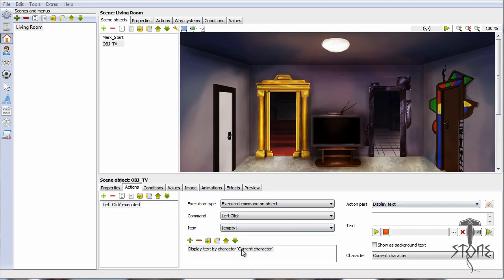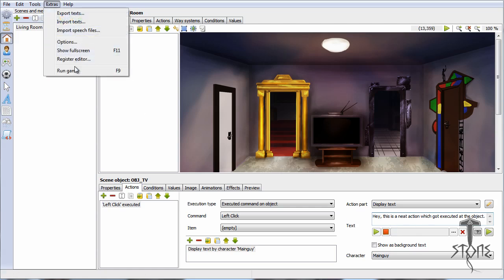So the only thing we are going to do now is display text by character, current character. You could select the main guy, which is the only character I have. If you can switch between characters, I think it is a smarter choice to use current character, but I usually click on the character I can play at this moment, which is only one character. It's my preference, but you don't have to do that. Hey, this is a neat action which got executed at the object. Okay, I'm gonna save that, and I'm gonna run the game,